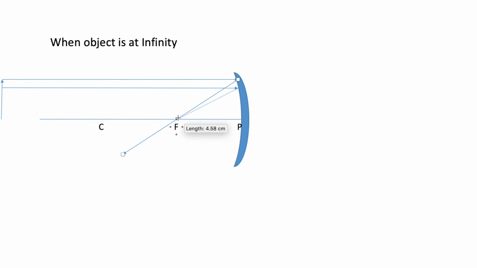Second ray, again it is reflecting through the focus. Here the two reflected rays are intersecting or meeting, and there we get the image. We can see the object is this much size, but the image we get is point sized. That means it's a diminished image, and the image forms in front of the mirror. It will be a real image, and if the image is real, it will be inverted. So this image forms at F, and the image is point sized or diminished, real and inverted. So the first one is done.